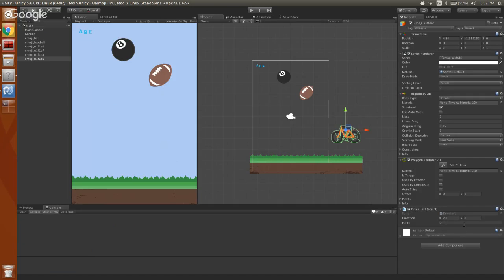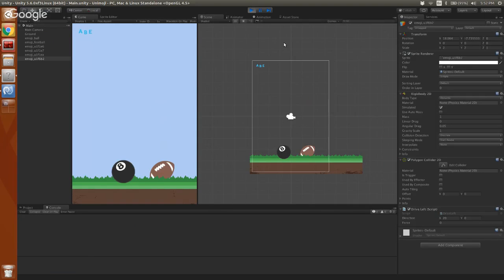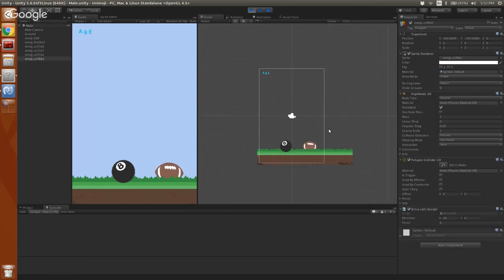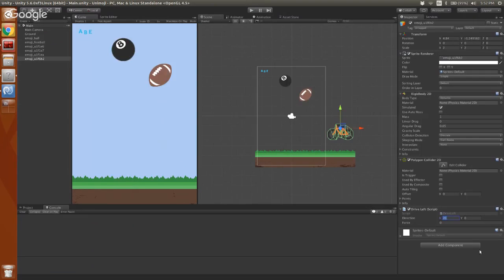And notice how before I was editing these numbers while the game was running to play with it. But now I'm not running anymore. I don't have the play button checked. And I'll go and say, set the direction of X to 20, and let's just see what happens. Okay, that was the wrong direction. My bicycle just flew way far away. So let's try this. It's got to be an X of minus 20.